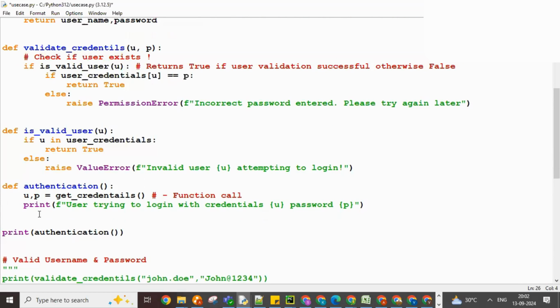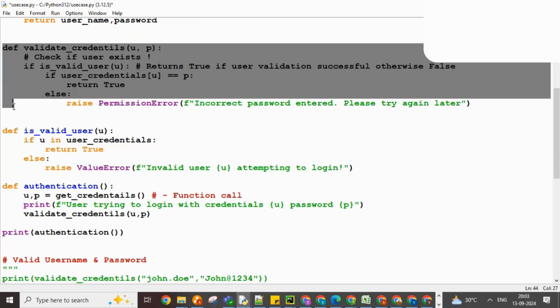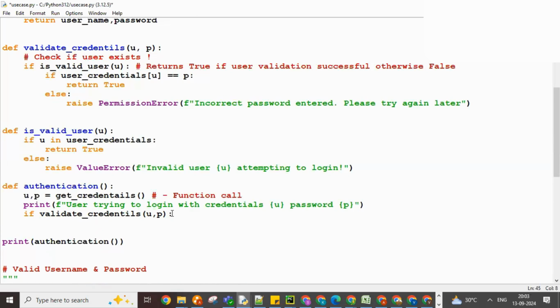If I call this now, username means u, password means p. And this particular function returns true if both the username and password are correct. And if you say if validate user credentials, username and password, if this returns true,